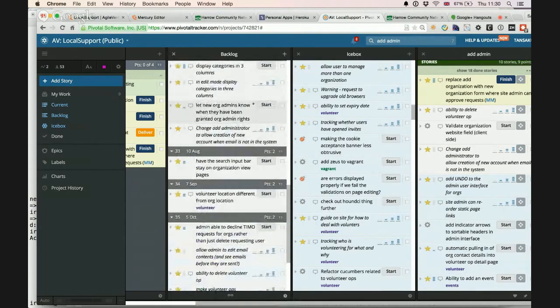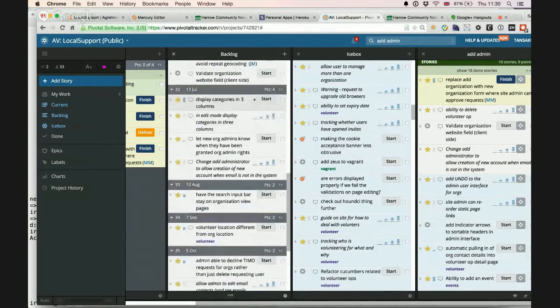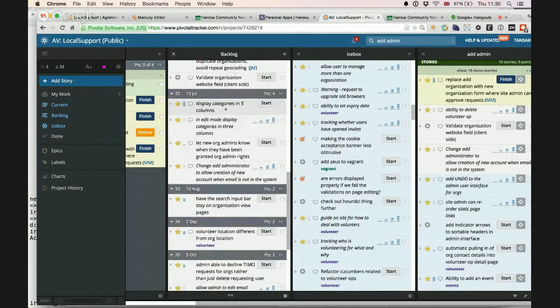So if we just have a look at this here, what we've got is displaying the categories in 3 columns is the highest priority. There's the related displaying them in 3 categories in the edit mode. Would you say that those two go together and that they're kind of equal high priority? Makes sense. They're done together, aren't they? Yes, certainly.